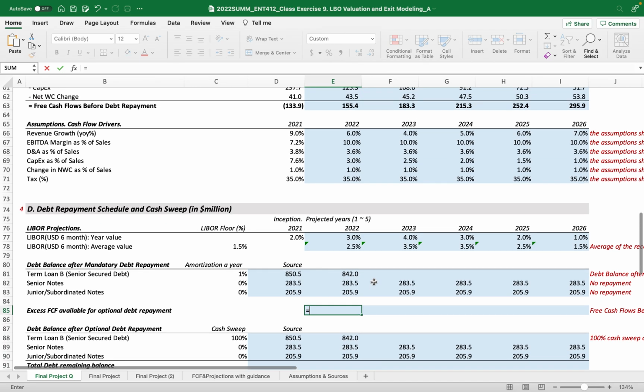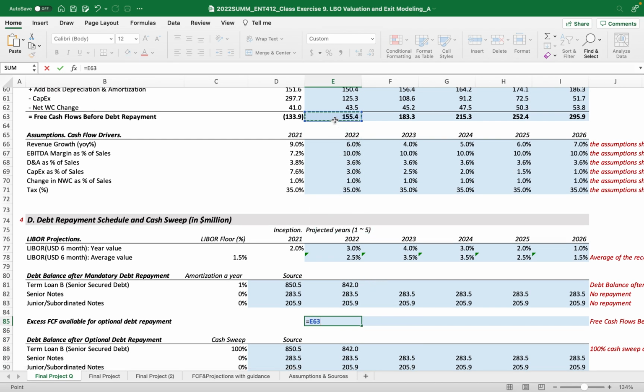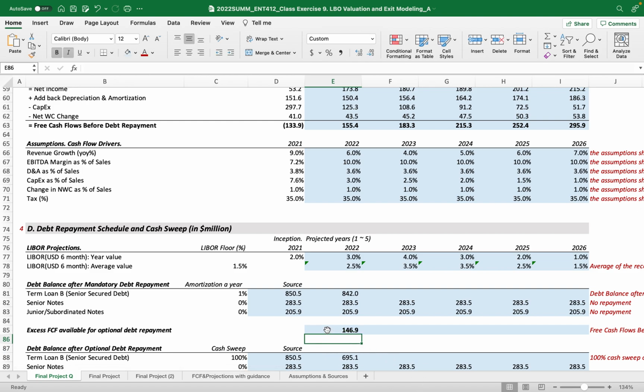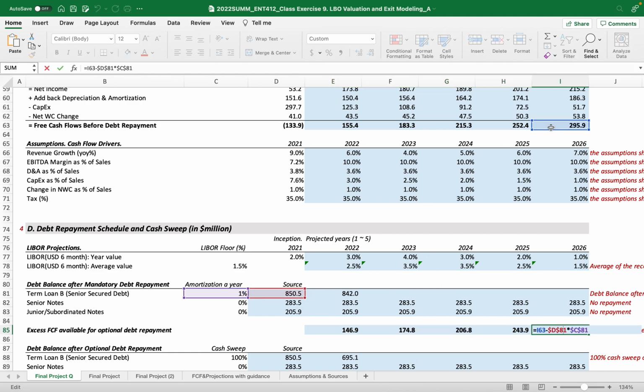This is equal to, now that's what we calculated, right? Then minus this term loan B, but we need to fix, and then what is the percentage? Right, 1%, fixed. So this is the mandatory, right? Mandatory. So let me just drag to the right so that all these numbers, now the free cash flow available,